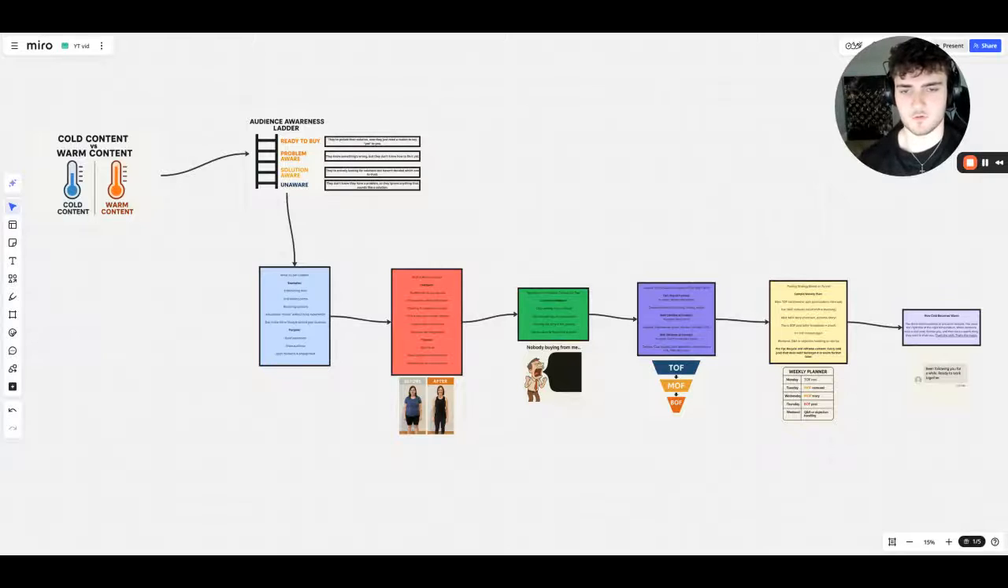By the end of this video, you'll know exactly what kind of content to post on each stage of the buyer journey to attract, nurture, and convert leads inside your info business. If your content isn't converting, it's probably because you're posting the right thing at the wrong time. Let's break down cold content versus warm content, when to use each, and how to use them together to scale